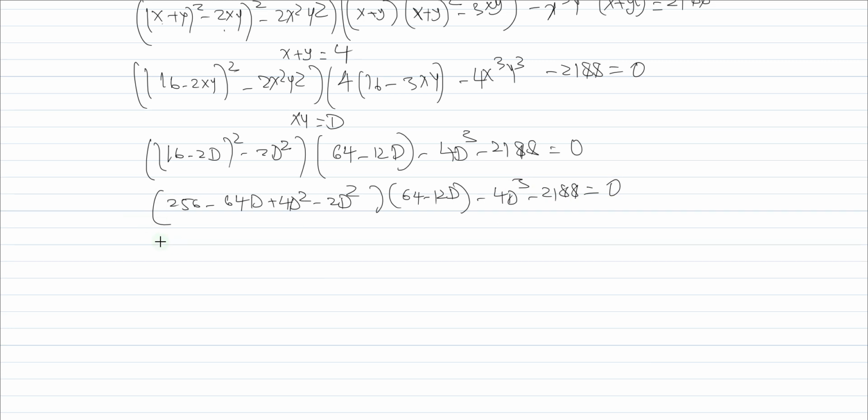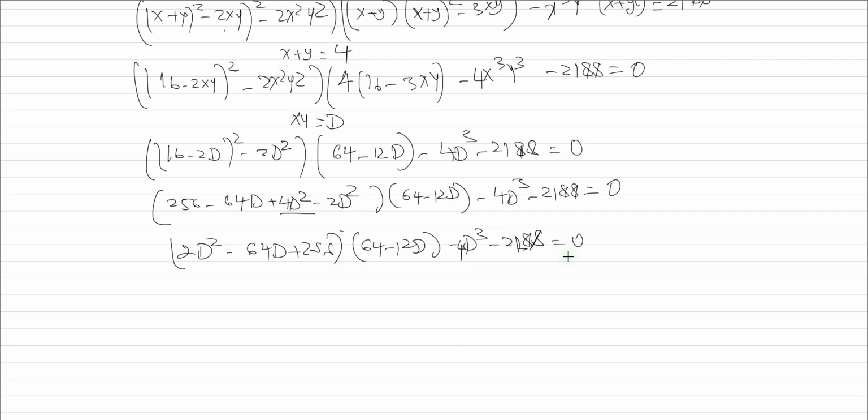So from here, this plus this, we're going to have 2d squared minus 64d plus 256, and this is going to be multiplied by 64 minus 12d and minus 4d cubed